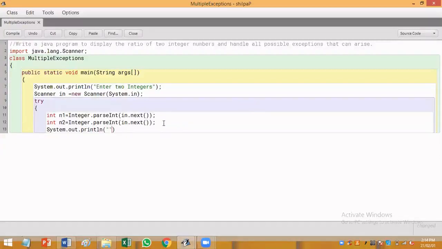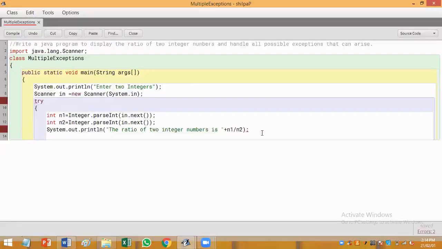Within double quotes, I'll write "The ratio of two integer numbers is", plus, what is the ratio? It is n1 divided by n2. Okay. So next, while performing this division operation, if an exception arises, we have to catch it.